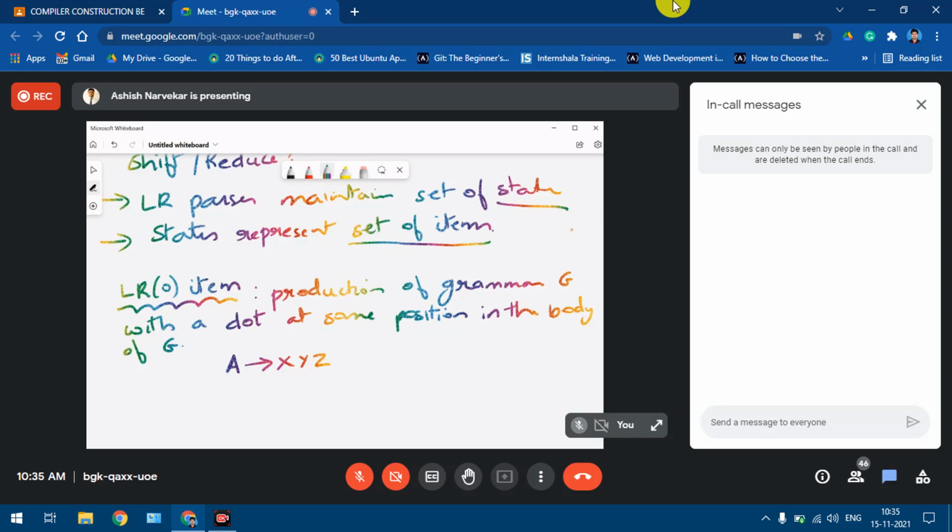Four items means what it says: an LR0 item is a production of grammar G with a dot at some position in the body.